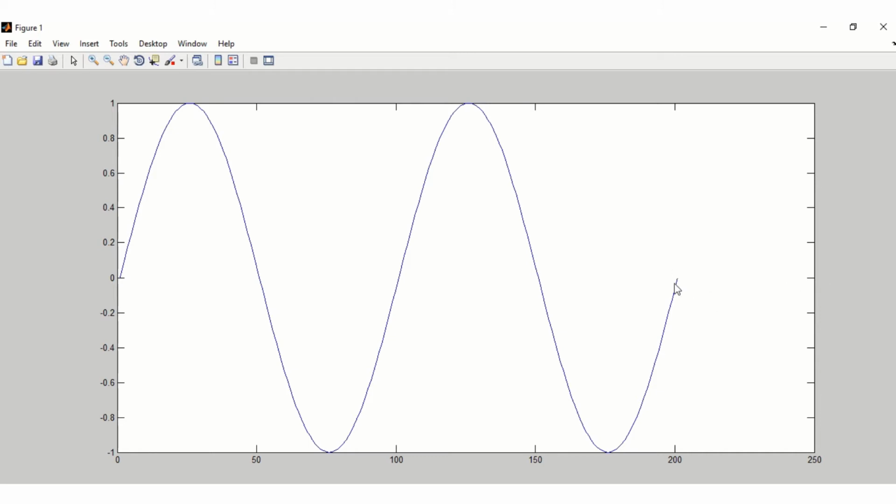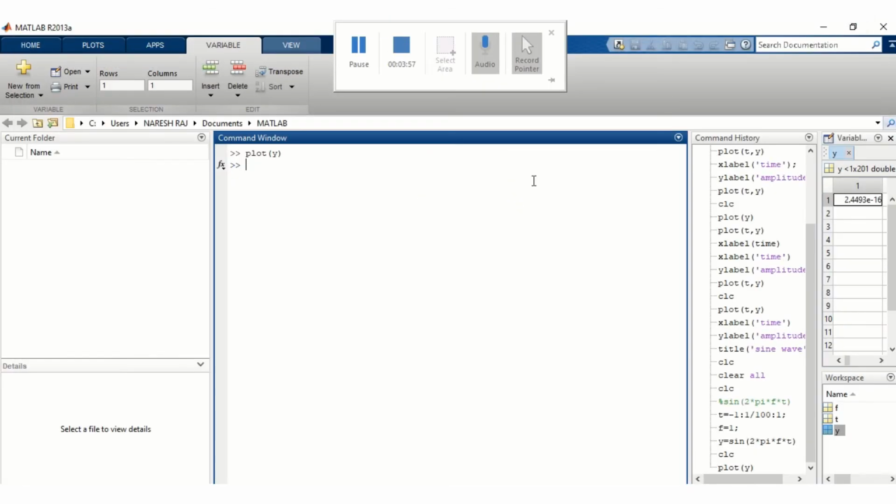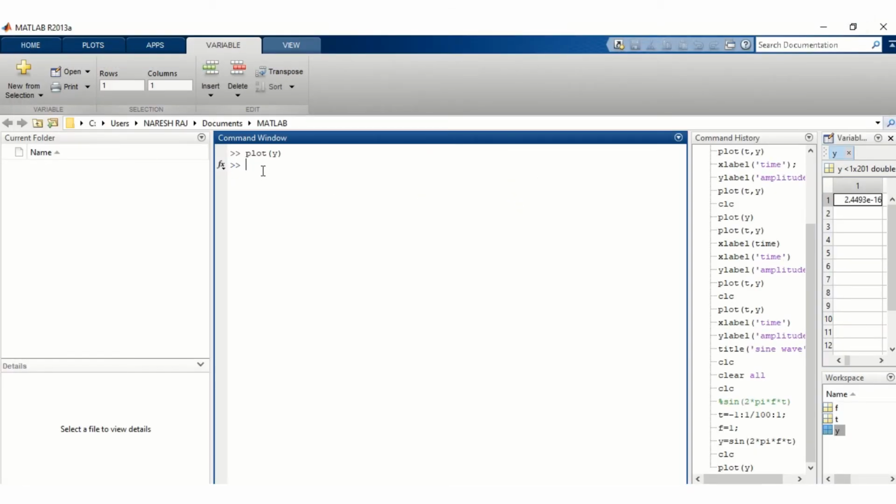Now if we want to cover the wave from here to here, then we assign the value to the time axis. So let's see, plot y with respect to time t.